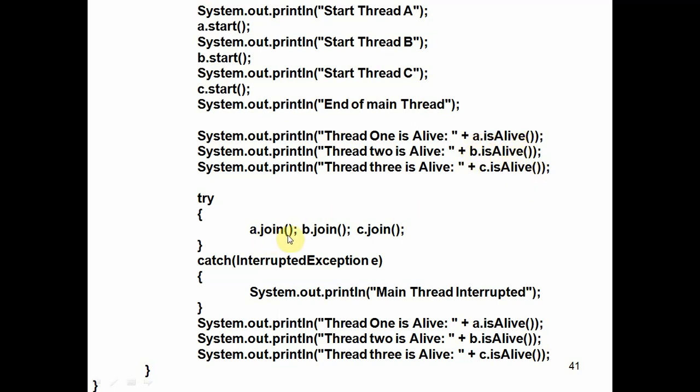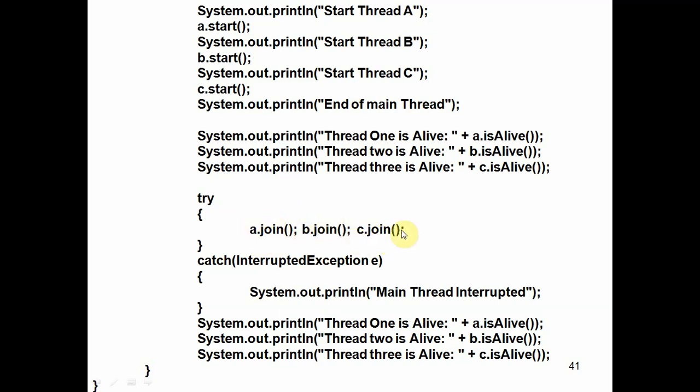Then A dot join, B dot join, C dot join. So we execute the join method on 3 threads. That means these 3 threads wait up to the main thread completes its execution. That is the meaning of A dot join, B dot join, C dot join.